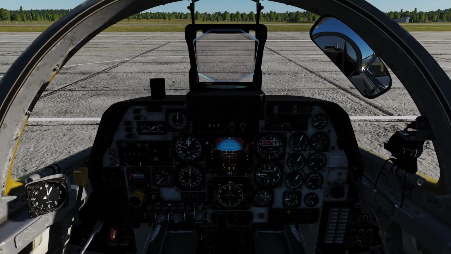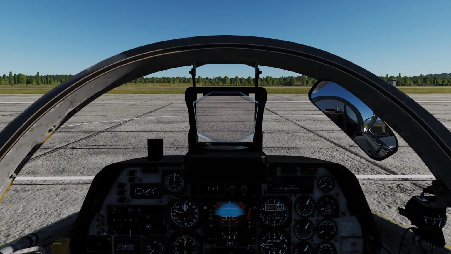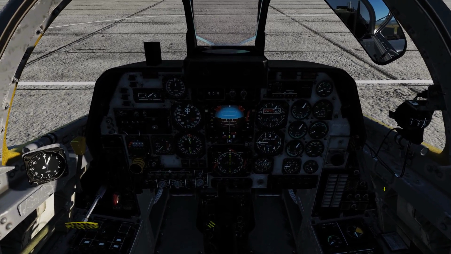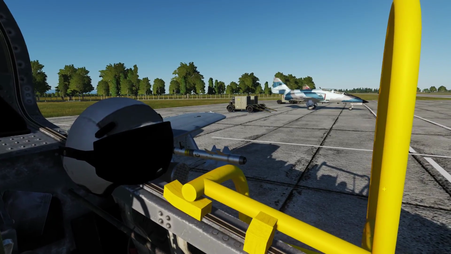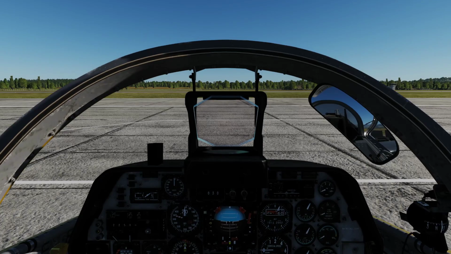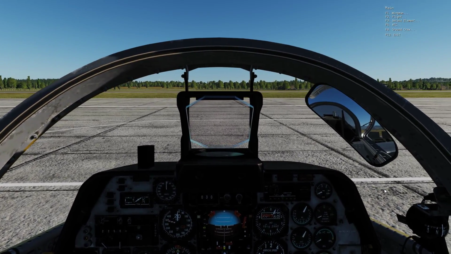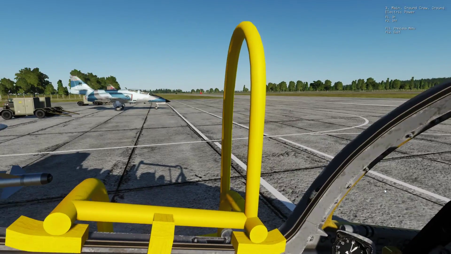So anyways, let's go through the startup sequence. We'll taxi out, take off, got a couple of things to blow up and then come in for landing. The startup sequence on this is really straightforward. Now you can do it with ground power and you can do it without ground power. But I'm going to switch on the ground power just to show you what that's like, because it is actually really quite cool. So if we request ground power on,